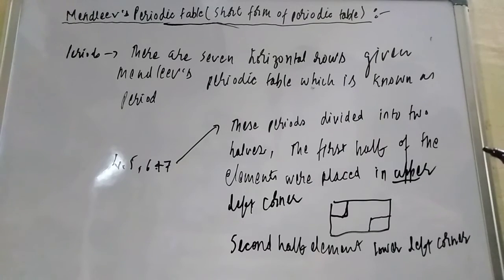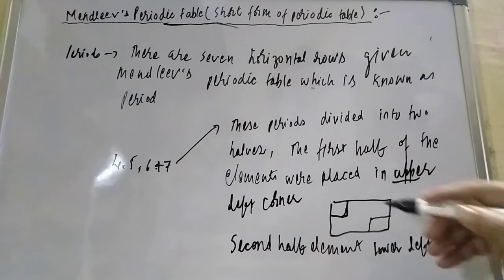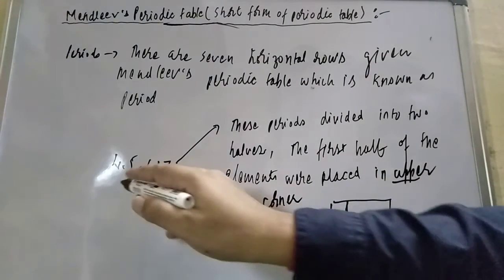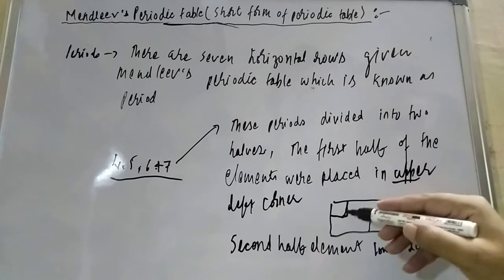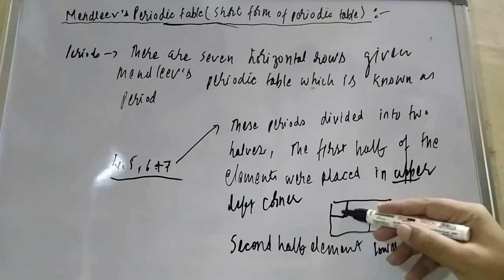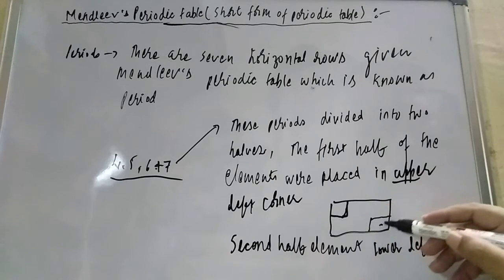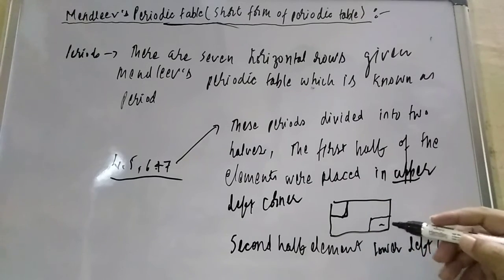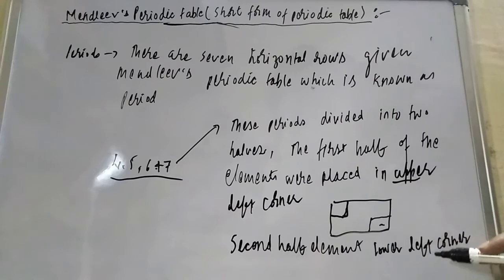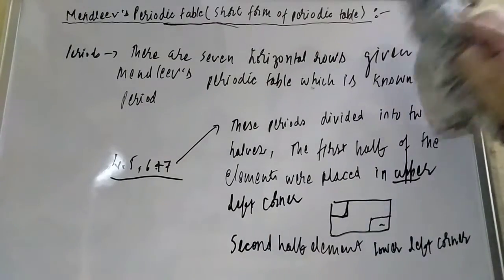Now, student, what we have to understand is this one. For any element in period 4, 5, 6, 7, first the upper left will be there, and secondly the second one is the lower right. Okay. This is all about the period. Now let us go and study the merits of this Mendeleev periodic table. I'm erasing this, friend.